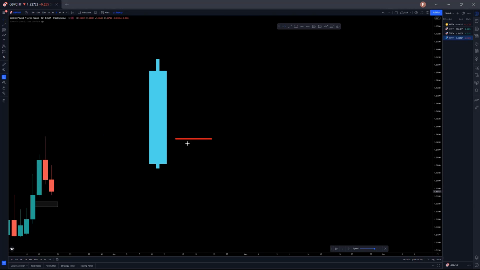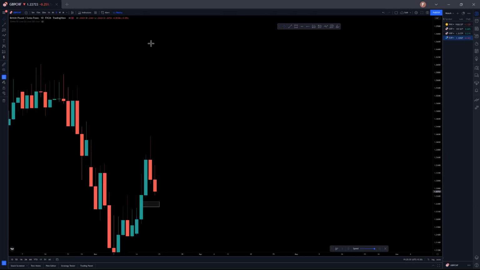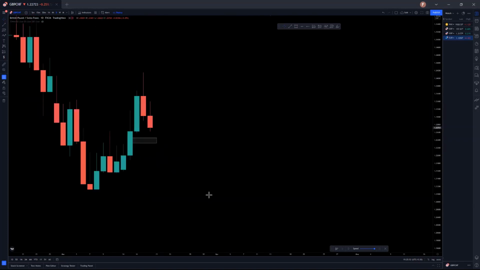Now, do you think 8 hours will be enough for the price to go and break this? If there is news, then yes, it can. But in normal situations, I don't think so. If price pulls back here and then flips all the way to the upside, it's not really the case. Even if you observe here, price clearly didn't go all the way below. Price in this case